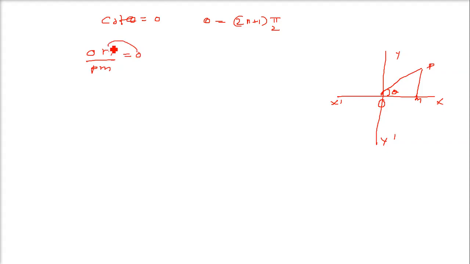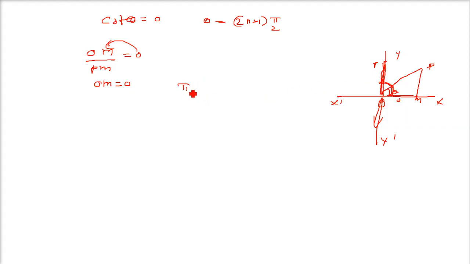That is only equal to 0 when OM will be equal to 0. OM is 0. When OM is 0, OP is actually coinciding here. See, there is no OM. OM is 0. So actually OP has to be here. It is coinciding with y, it can coincide with y dash also if you take another triangle. Now this means this angle is what? Pi by 2, 90 degree. This is 90 degree, pi by 2.